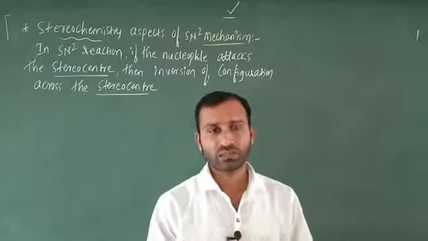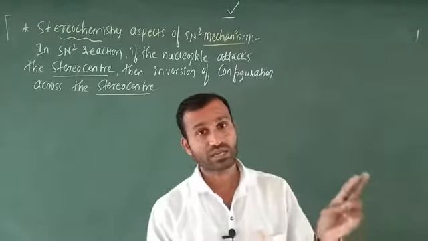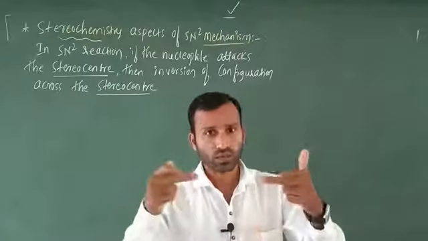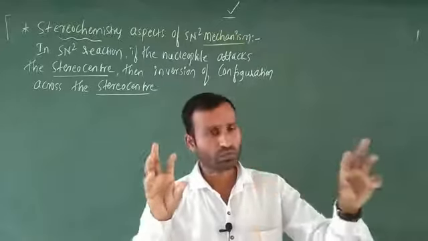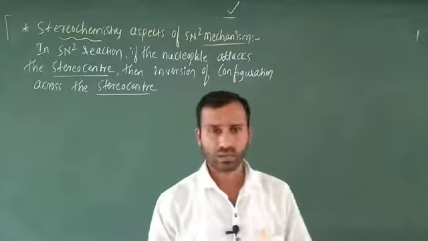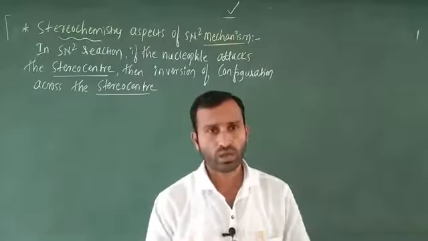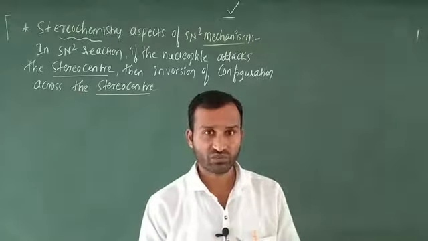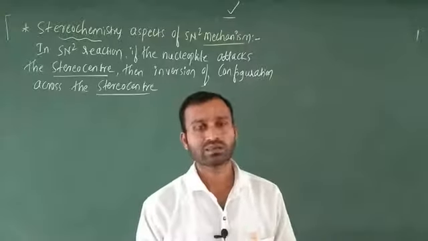Next, the important point is that in the SN2 mechanism the nucleophile attacks from the backward side, not the front. The backward attack is opposite to the Br. In this case, Br is there, and the nucleophile attacks completely opposite to the Br. This indicates a backward attack takes place on an electron deficient carbon. Why does the nucleophile attack from the back? Because there is no steric hindrance. What is steric hindrance? That point we will study in the SN1 mechanism.